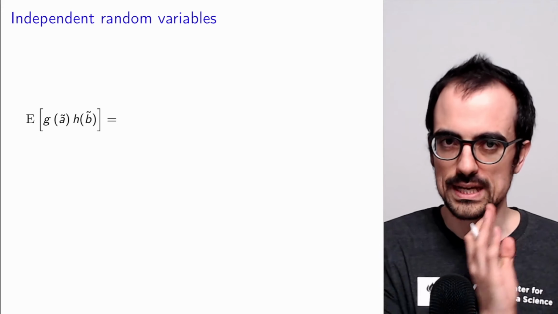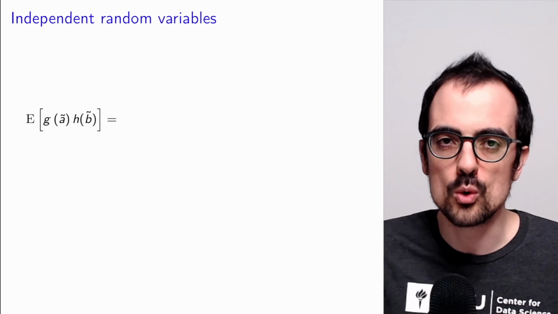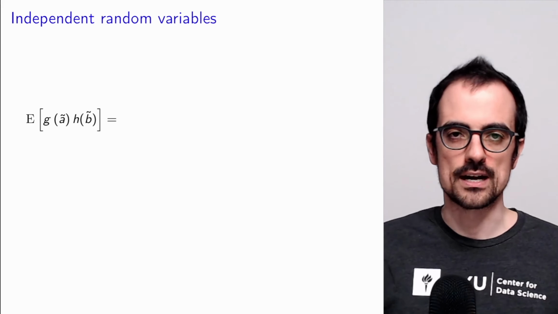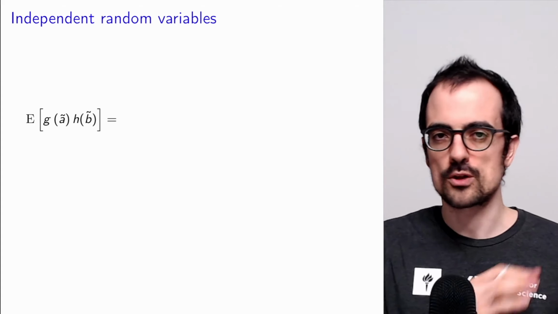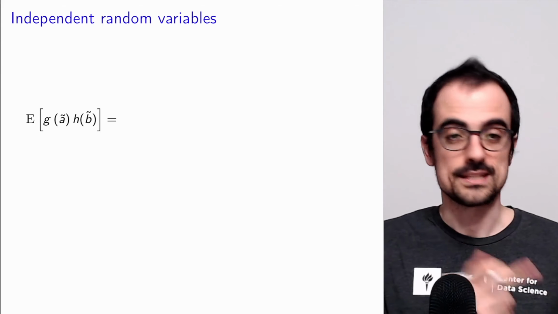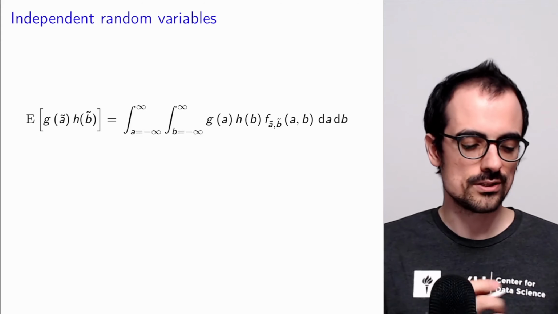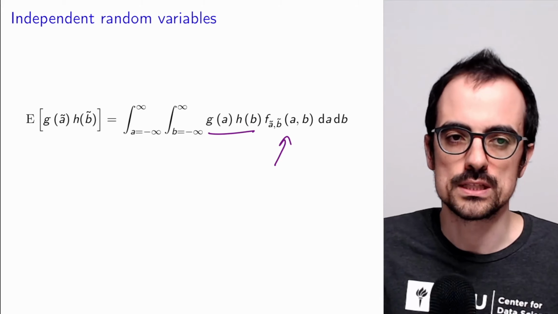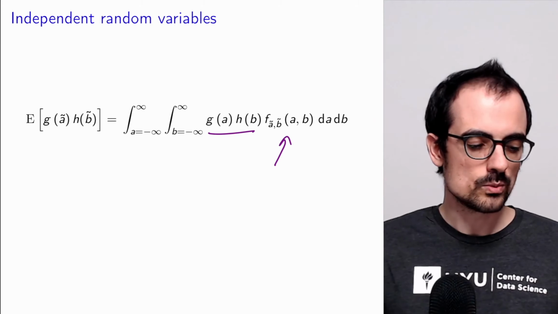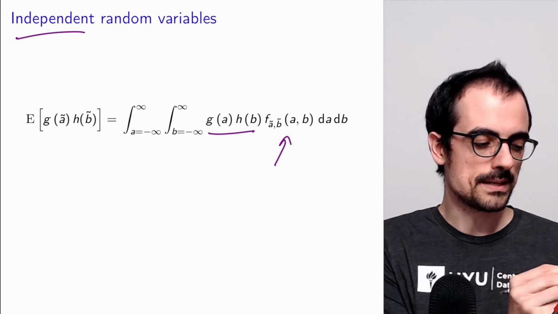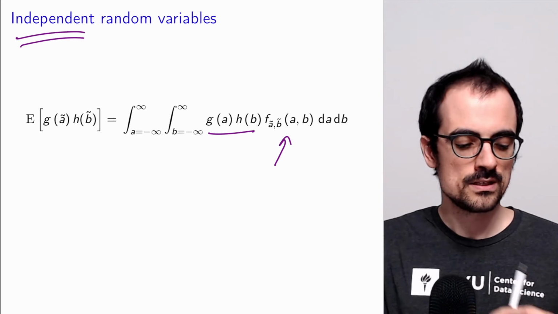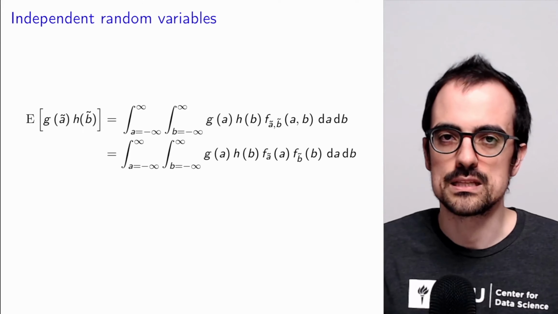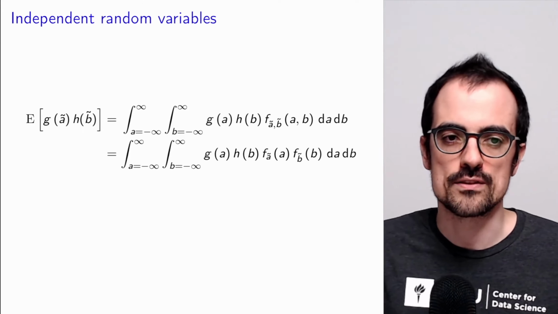All right, so we have seen that for linearity of expectation, we don't need independence, but what if we have two independent random variables and we want the mean of a product of some functions of them? Let's write this out. By definition, we have the function weighted by the joint PDF of the two random variables. But now what we see is that because of independence, this joint PDF is going to factor into a product of the marginal PDFs. This is just by the definition of independence for continuous random variables.